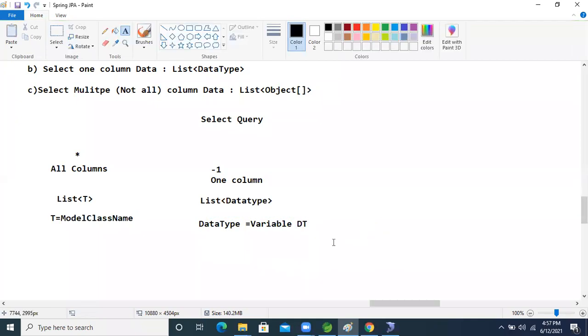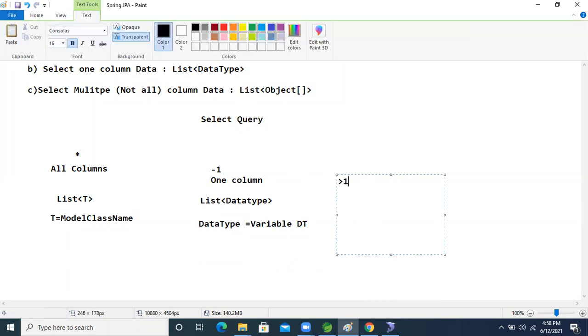Another one: I want to select more than one column. Then it will again return a list. List of what?